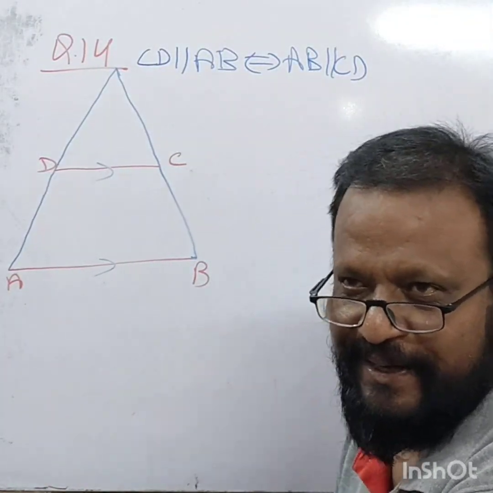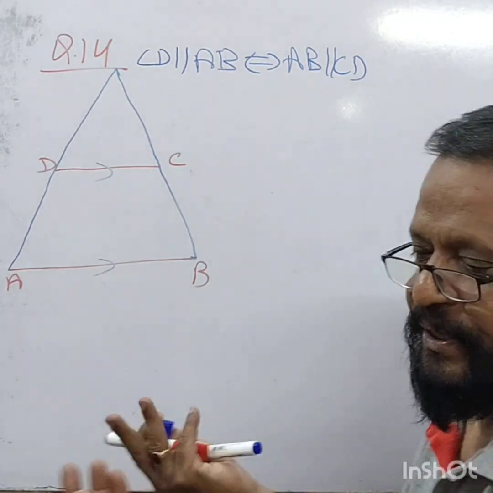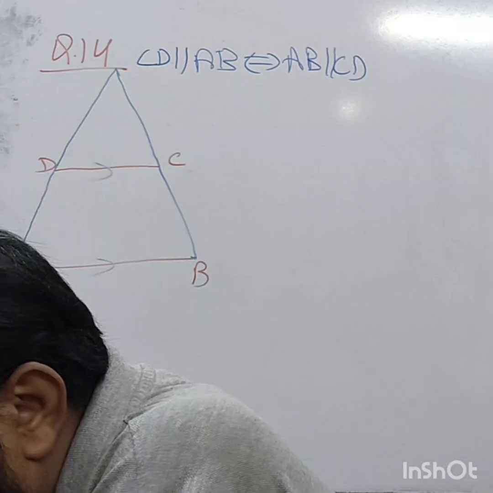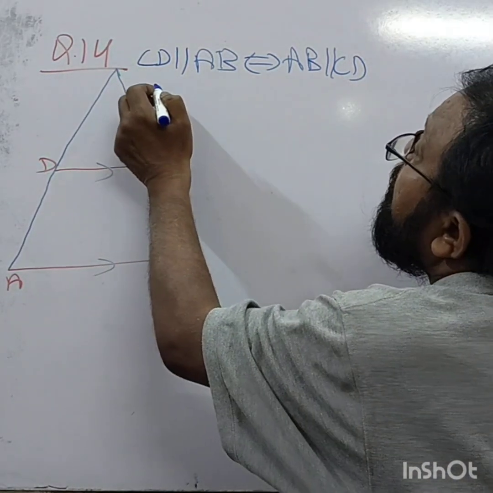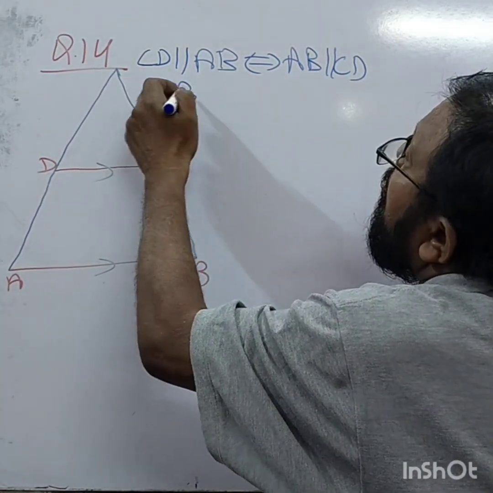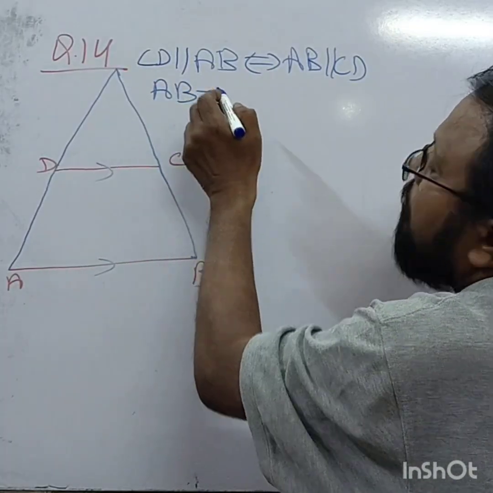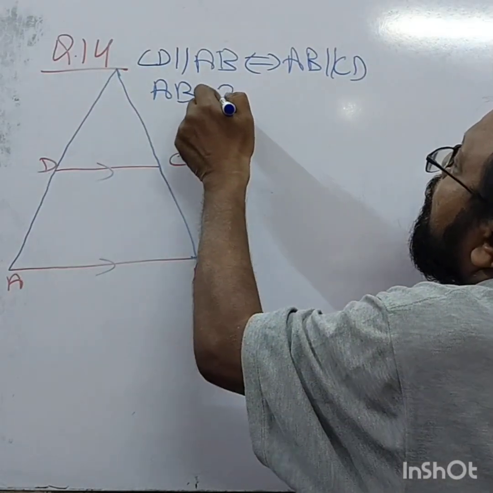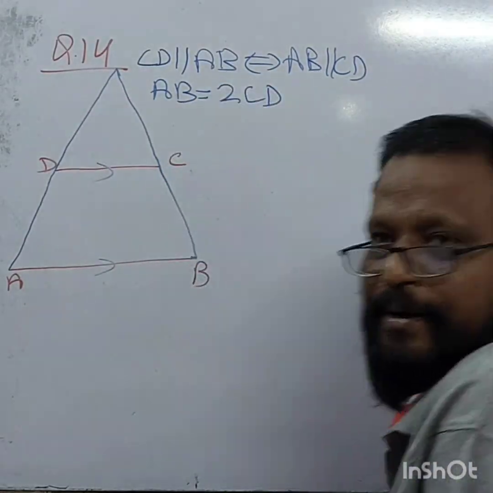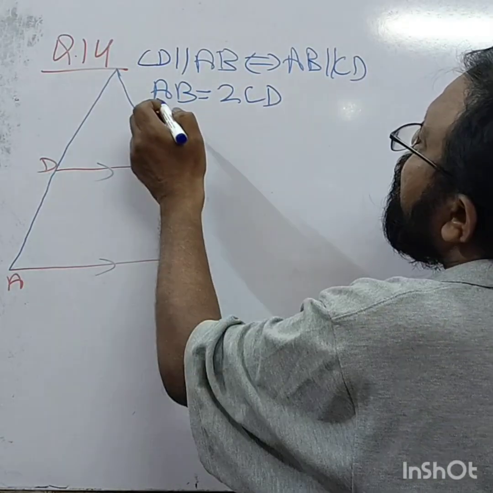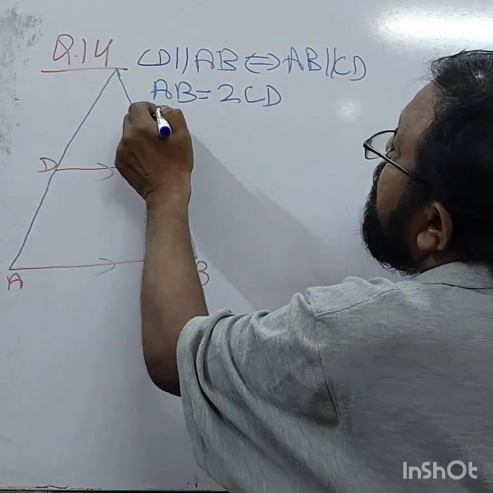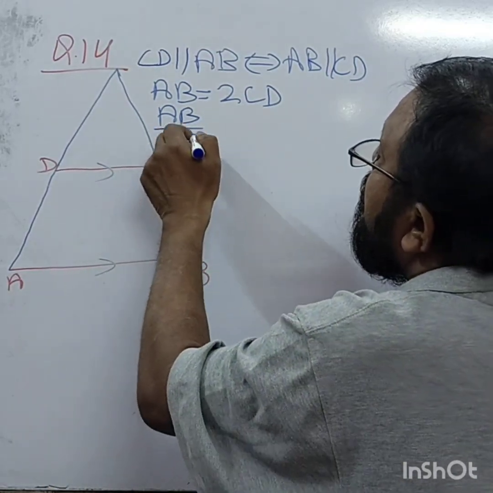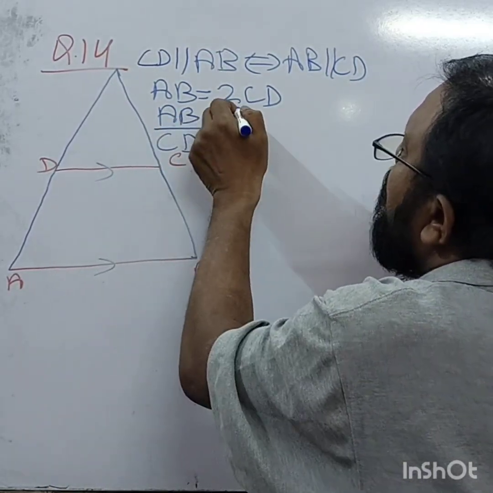There is no change in all this, right? Things are the same. Anyway, the ratio between AB and CD: AB is equal to 2 CD, right? So you can write it like this: AB upon CD is equal to 2 upon 1,